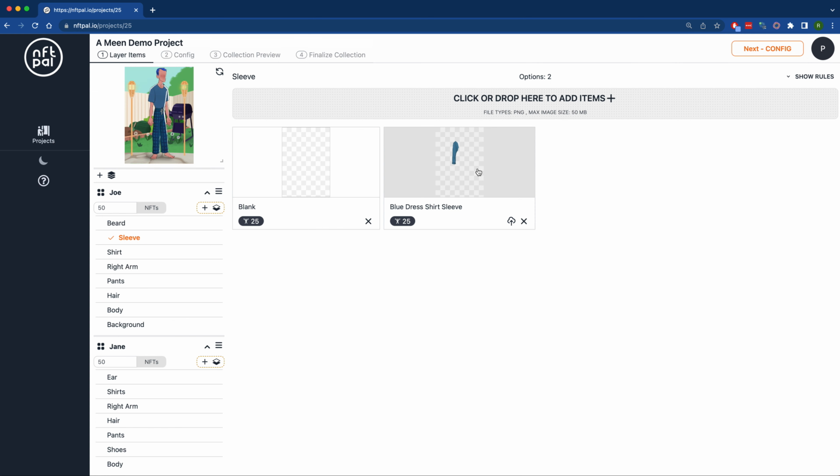Now that the project demo is loaded, you'll notice at the top, this is where the project title goes. Let's just rename this to my first NFT project. And on the side, you'll notice that there's two characters. One is Joe and one is Jane here. The way NFT Pal works is